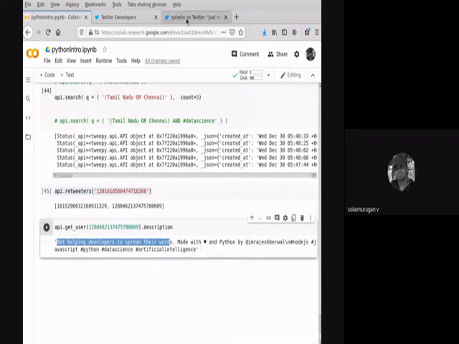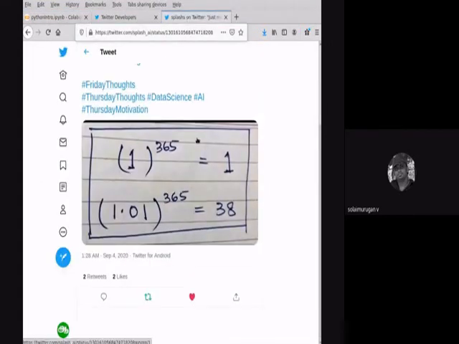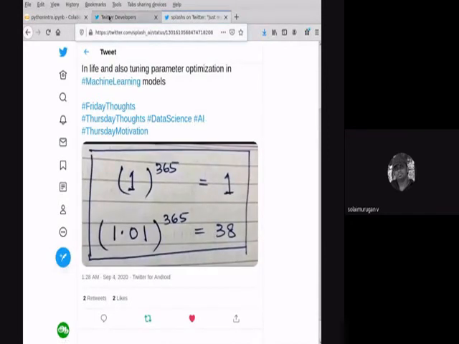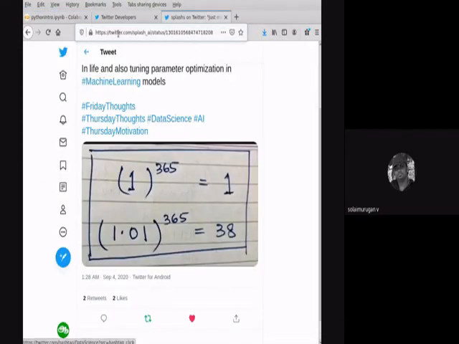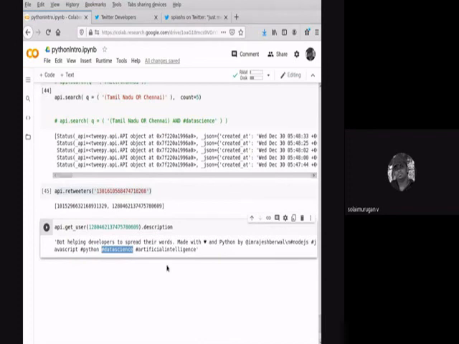I had mentioned hashtags like data science and AI, so that's why he retweeted. He retweets all the tweets which have data science in them, so he simply retweeted my tweet.